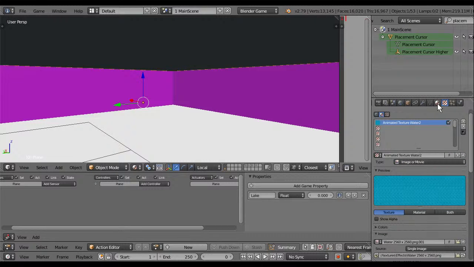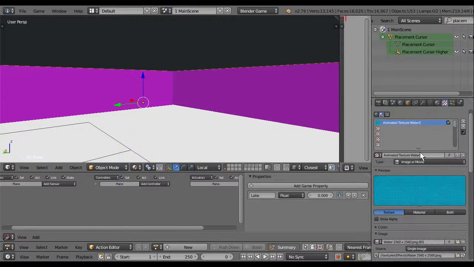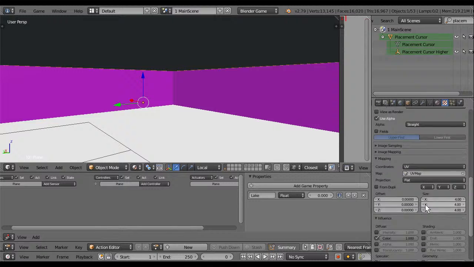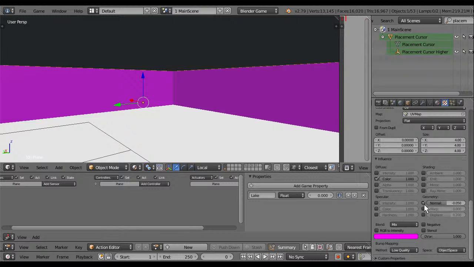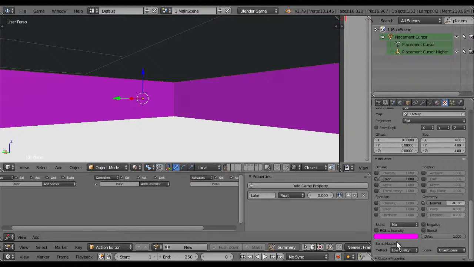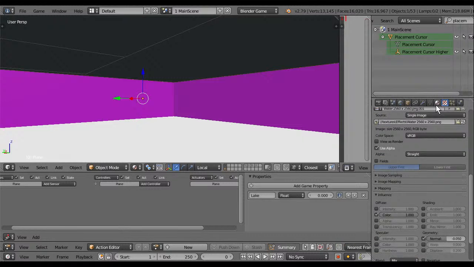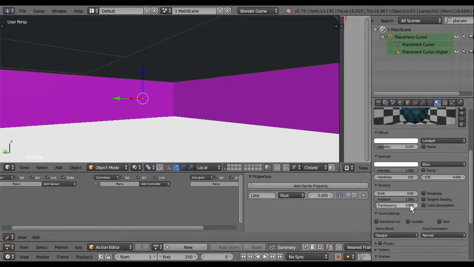I think I'm going to make texture 1. This is pretty edit. Normal doesn't work same. Let's see. Then let's mix. This is material on the texture.